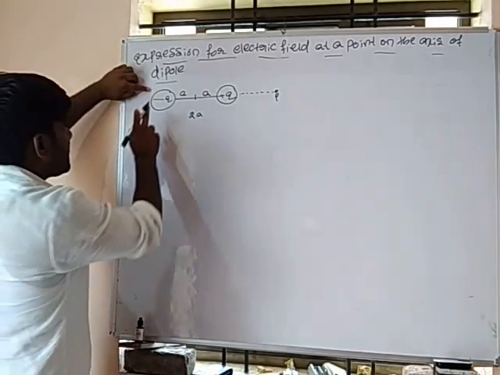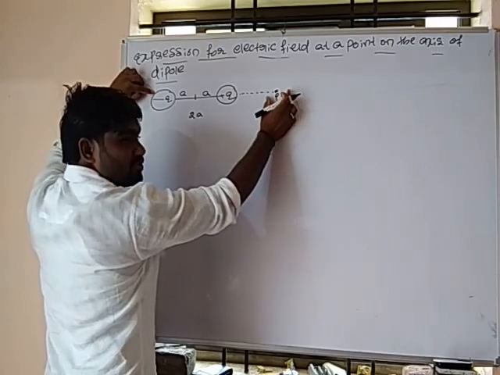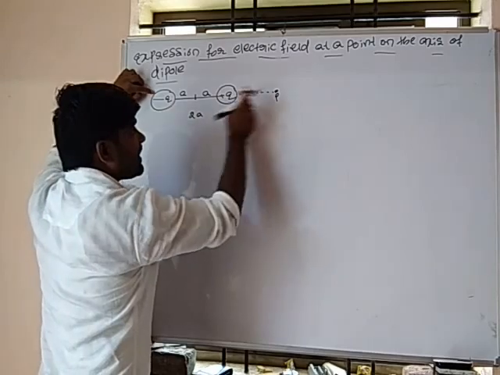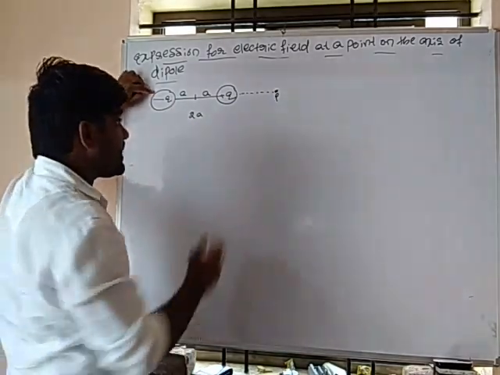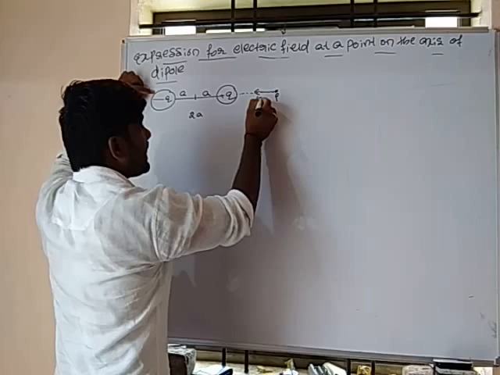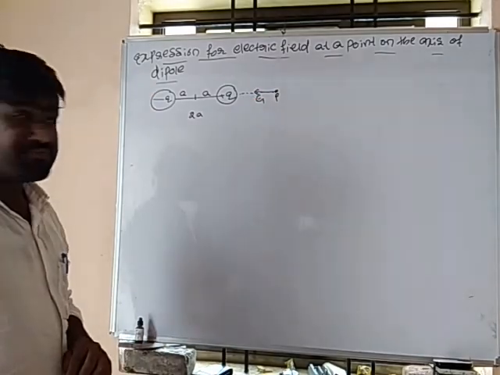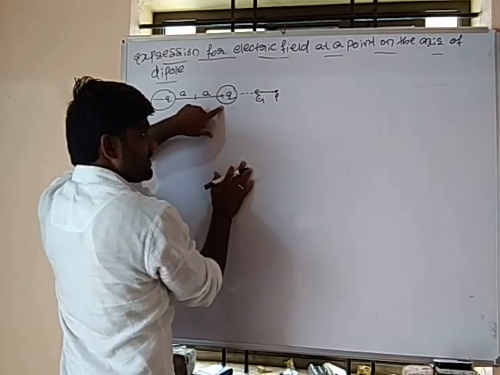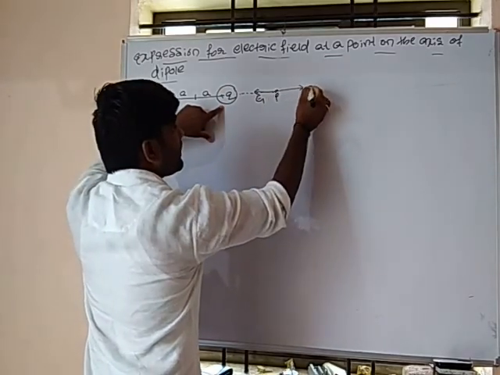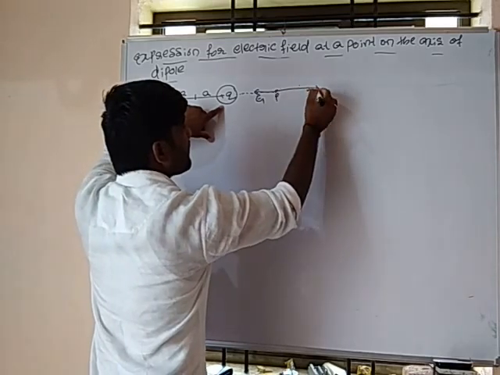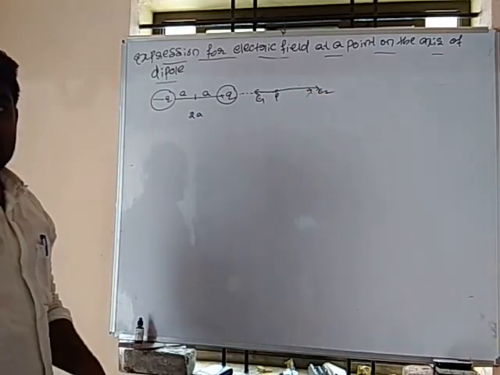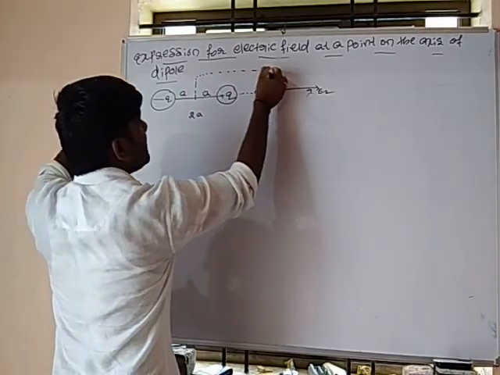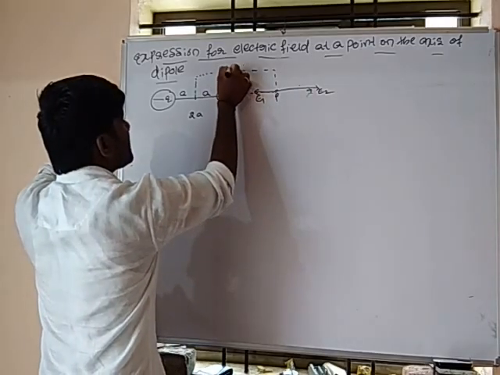Okay. See here, it is a negative charge. It is your assumed point charge Q. If I keep it over there, then it is a negative charge. Here is a positive charge. Positive charge means these two attract each other. So E1 is taken this way. Similarly, see here, it is plus Q. The assumed charge is also plus Q. Then E2 will be along this direction. It will be along this direction. Okay, see here. The separation between this point P and the midpoint is taken as R.